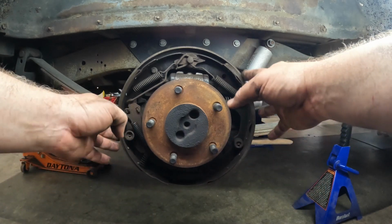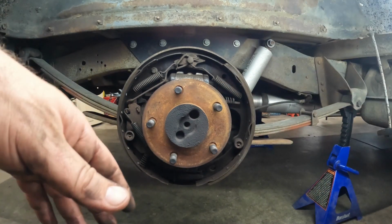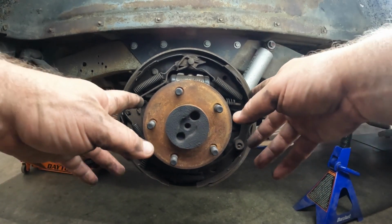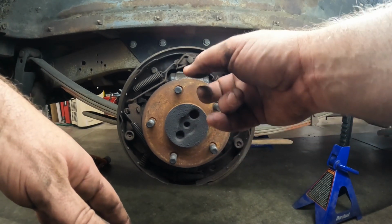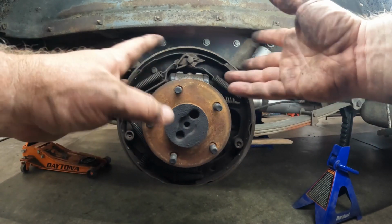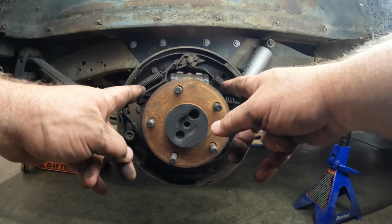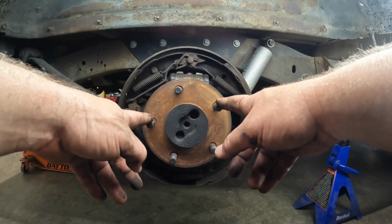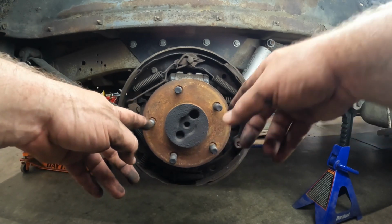So, shoes are new. Again, everything was just in bad shape, so I ended up rebuilding all the brakes: new wheel cylinder, new drums, new pads, new spring kit, basically everything's new in here. The only thing I didn't do was I haven't serviced the rear end, and this rear end is actually out of my 73. So I had a 73 step side